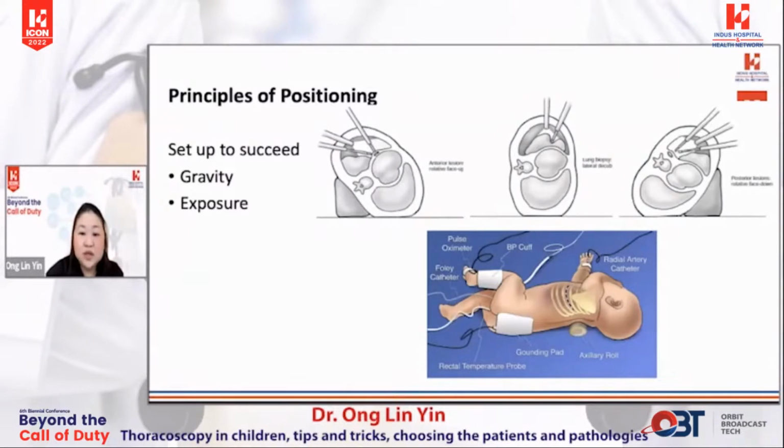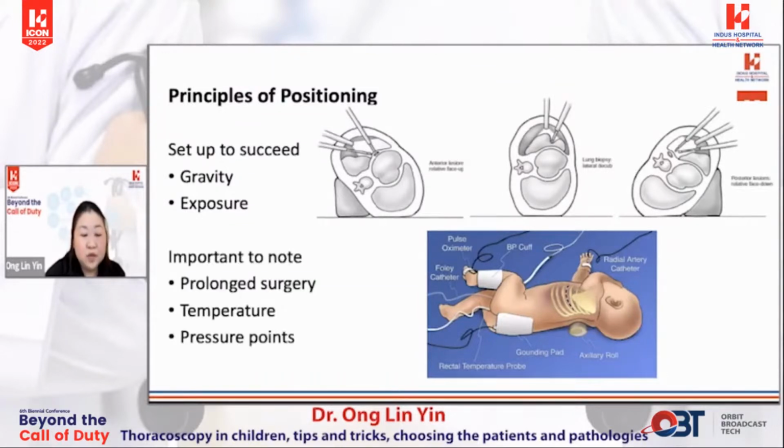In adult thoracic surgery, it's routine to so-called break the bed, and this increases the distance between the rib spaces to facilitate exposure. In children, sometimes a jelly roll or a cloth under the lower ribs will do the same thing. As you can see in the picture, there are many attachments to the baby: the pulse oximeter, the catheter, the diathermy pad, and other devices for monitoring. It is important that this may be a prolonged surgery, and temperature is an issue, and it's important to pad all the pressure points and make sure all these tubes do not get entangled when preparing for surgery.